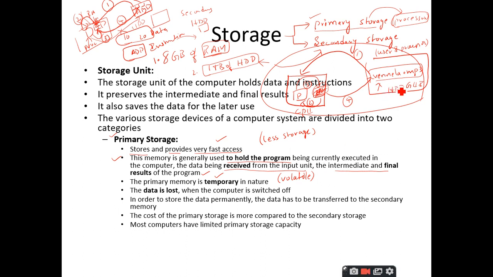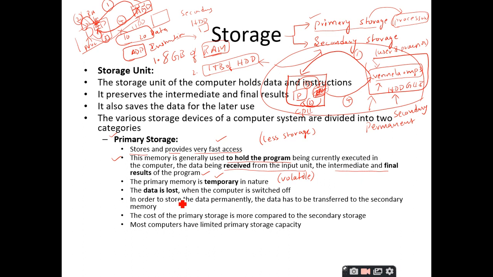But you can observe here that the hard disk drive, which comes under the secondary storage, even when the power is turned off and you have come back from the power failure stage, you can go to this folder and you can find this vanilla.mp3. It is permanent in nature. So, whatever you store inside the hard disk, they are permanent. Even though you turn off the computer, even though the power is gone, the contents will be remained as it is. Therefore, we call the hard disk drive or the secondary storage is permanent, whereas the primary storage is temporary in nature. Clear?